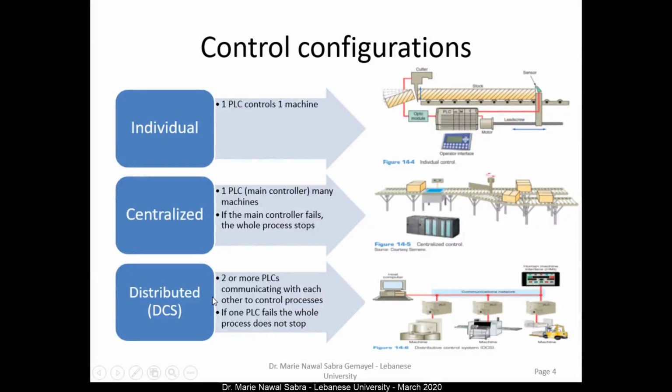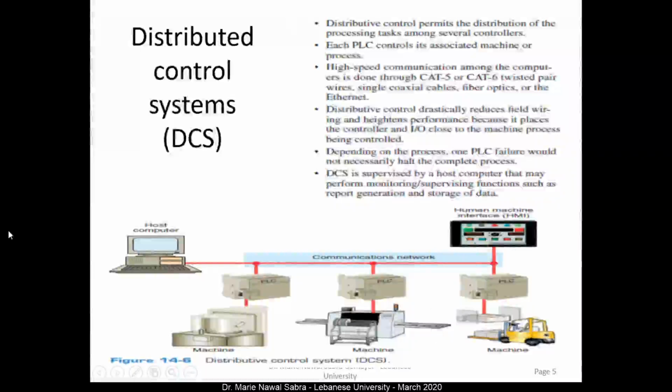We have the distributed control system. It's a system with 2 or more PLCs, and each PLC is controlling a part of the process, so that if one of the PLCs fails, it doesn't make the whole process stop. So in here we have a host computer controlling the whole process. It could have one centralized human-machine interface, and we have several advantages to this. As we said, we have a PLC controlling each part, so if one of these PLCs fails, it doesn't make the